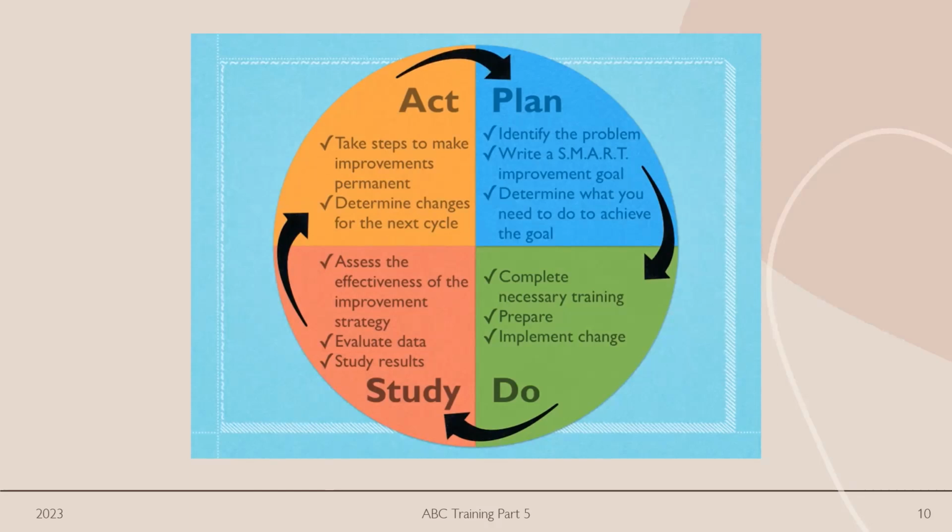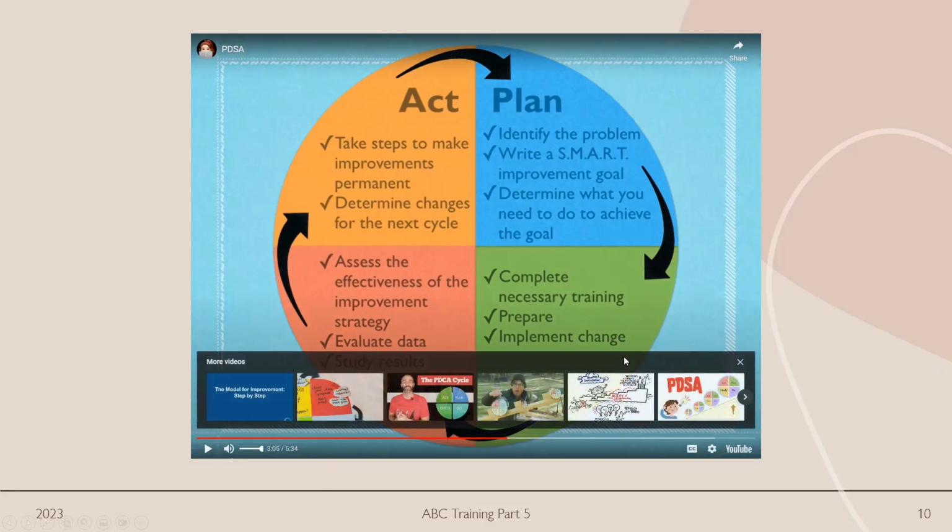And we'll continue around the circle until we have achieved our goal. And it's okay to go around the circle many, many times in your attempt to achieve that goal, as long as you're always making continuous improvement and progress. So, okay, you can see the cycle, the PDSA cycle. You see why it's a cycle. You can also see why we call it continuous quality improvement.